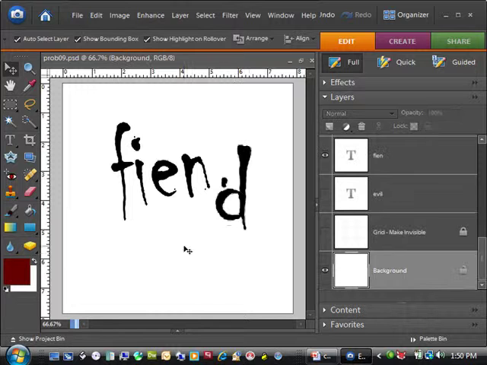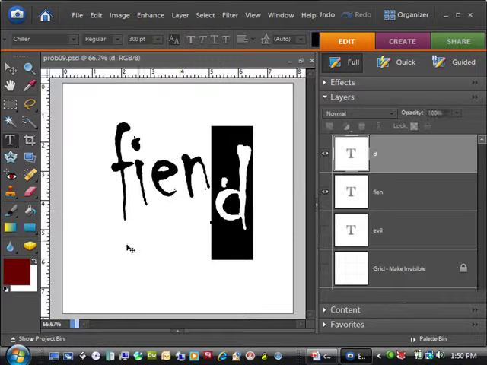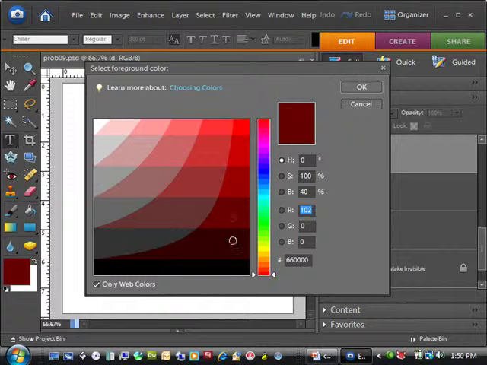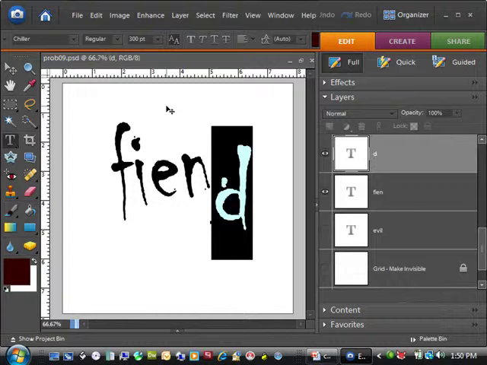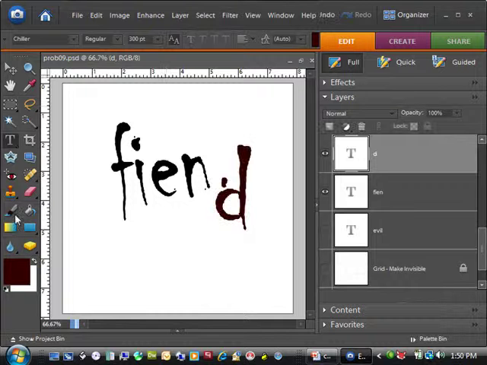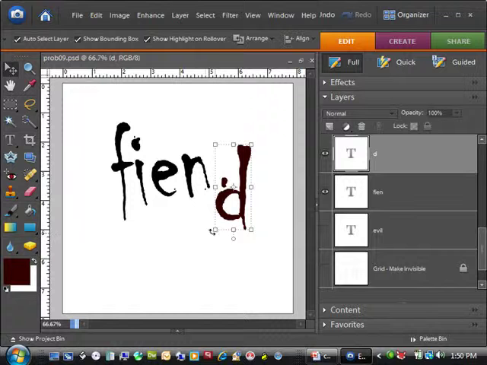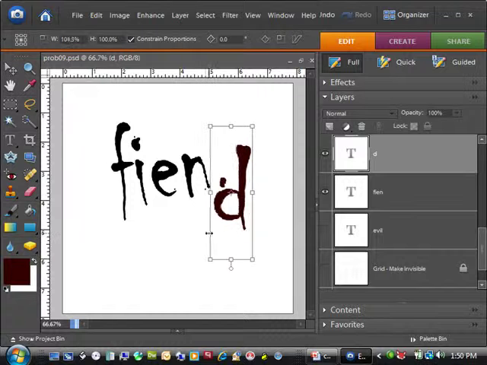Okay, so I'm just kind of tinkering around a little bit here, and maybe, of course, because this is fiendish, I need to have one be bloody. So I'll make it bloody looking. And there's my fiend. Just subtle, I'm not going to go bright red. Blood isn't bright red anyway. Just a little bit subtle. And maybe I even want to make this rotated slightly the other direction. And so I'll click on it with just my arrow and rotate it slightly back